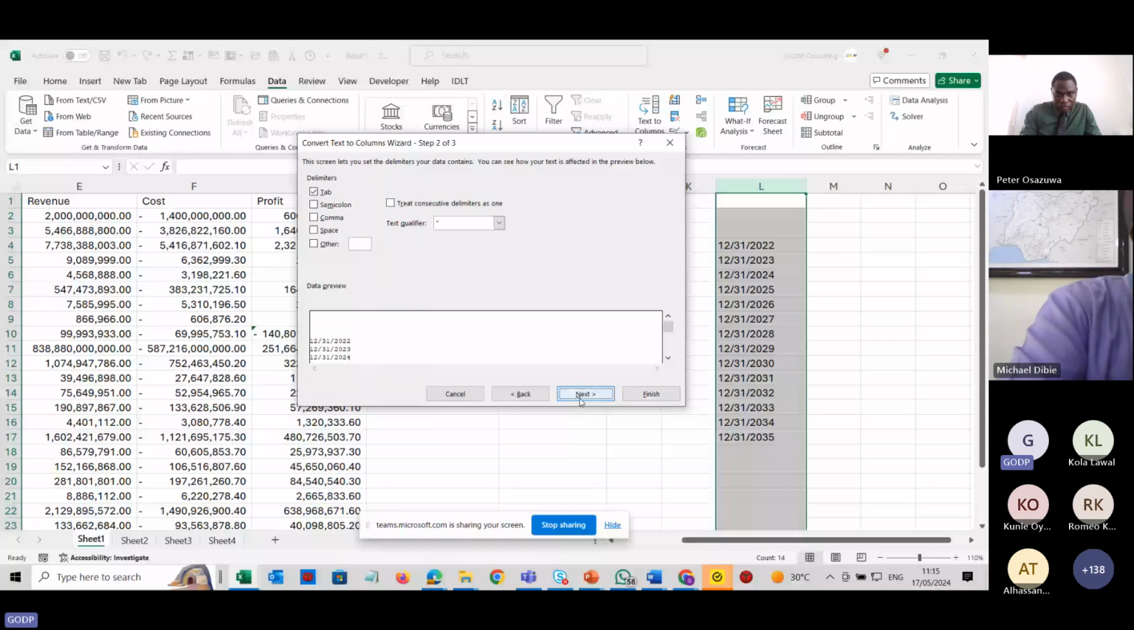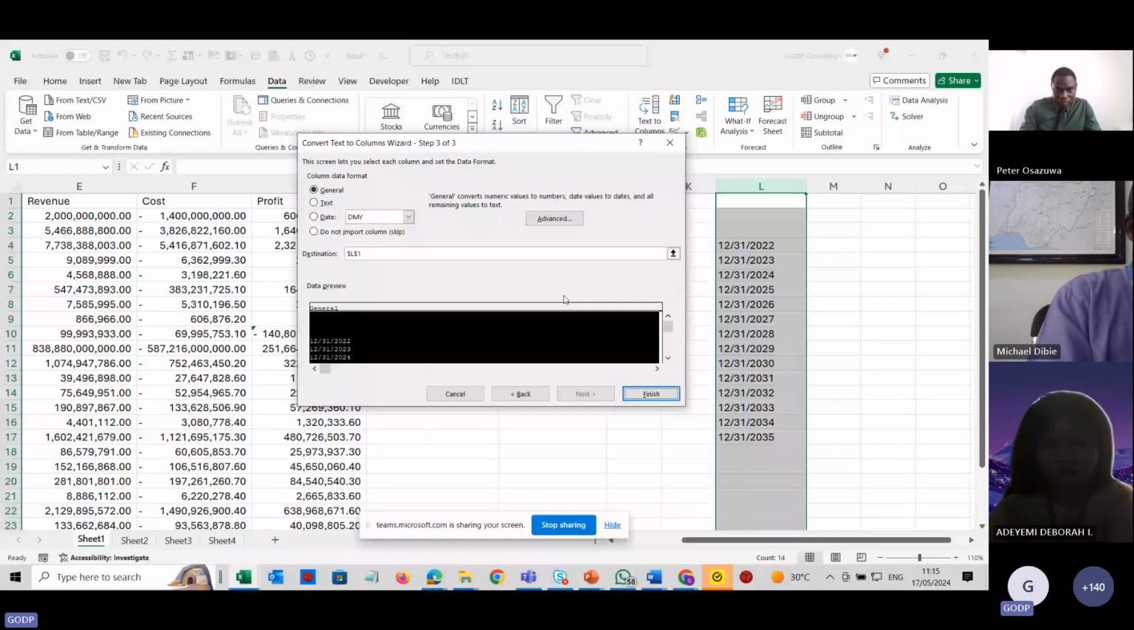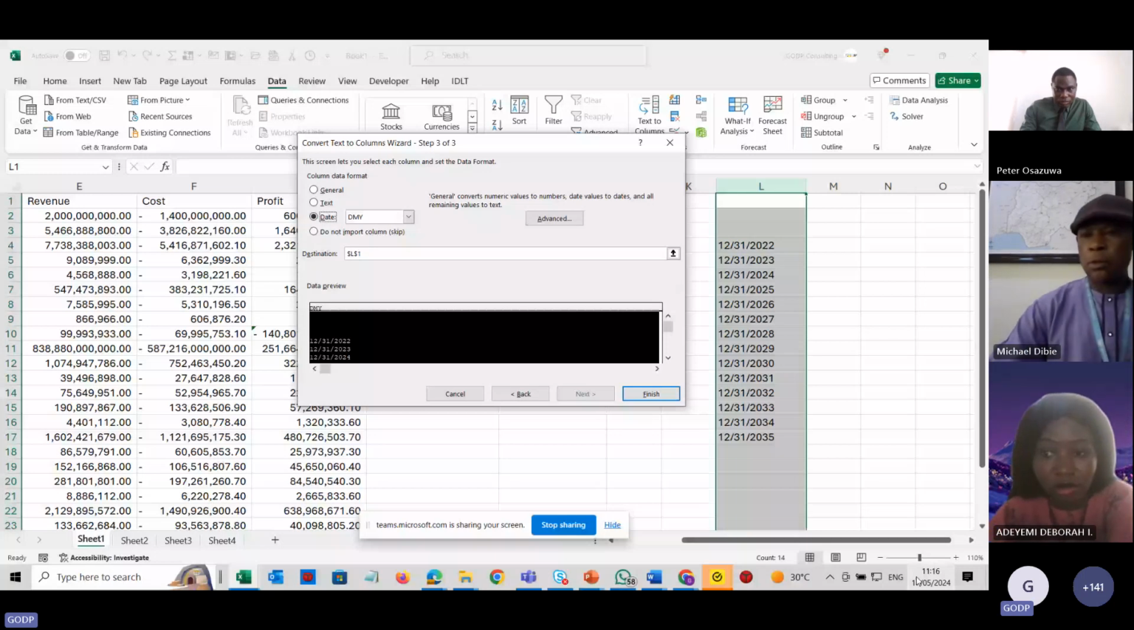When I do Next, it comes here. I will just do Next again. Now watch, this is where I need to do the major thing. Rather than Column data format General, I will change it to Date. When I change it to Date, I come to this. This is saying day, month, year, which is my date format. I'm now going to tell Excel that the data I'm giving to it is actually month